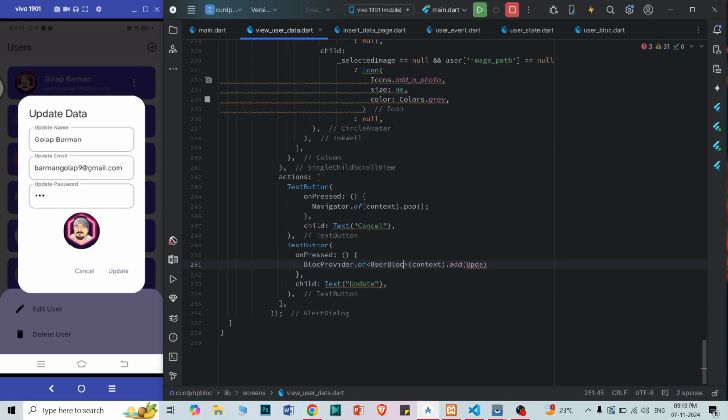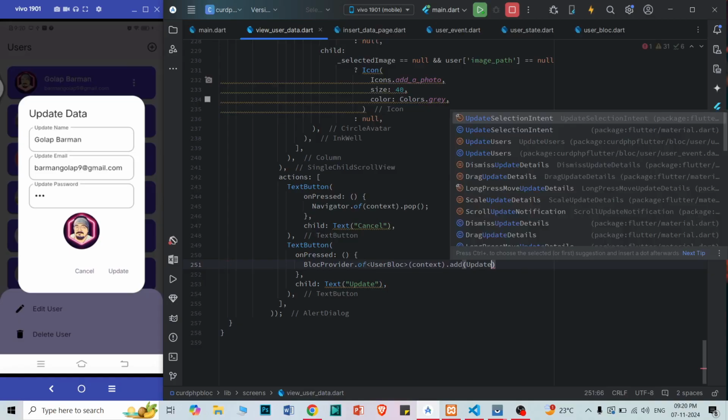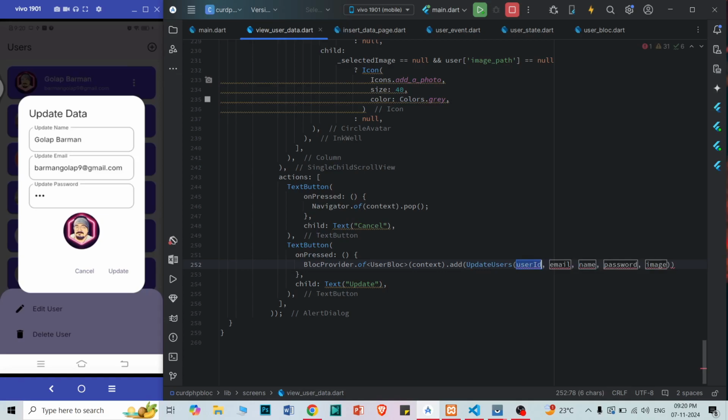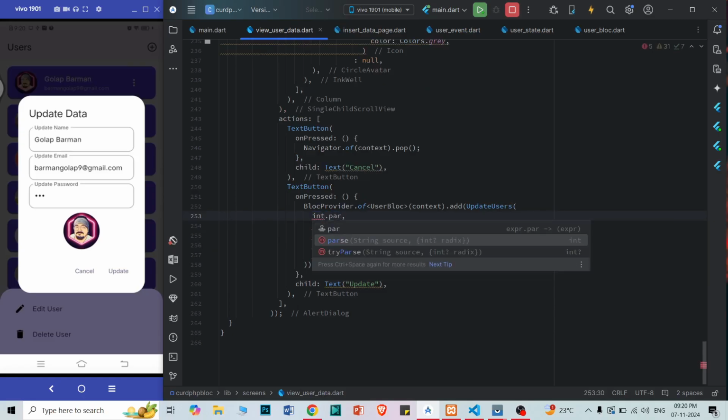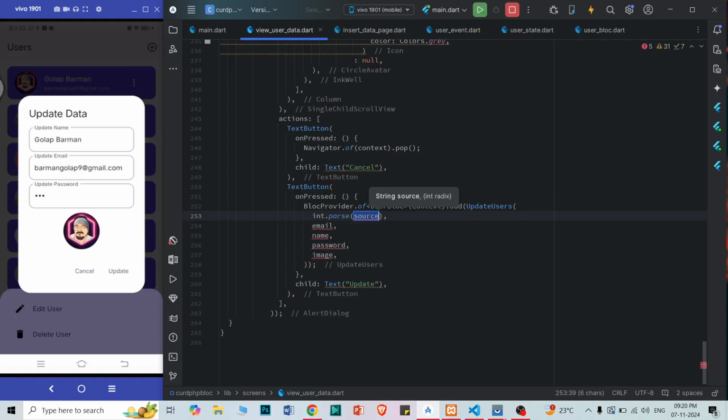So now add update users. We need to update these things, right? We need to update user ID. We are getting the user ID as an integer value, so for that, this is the UID,